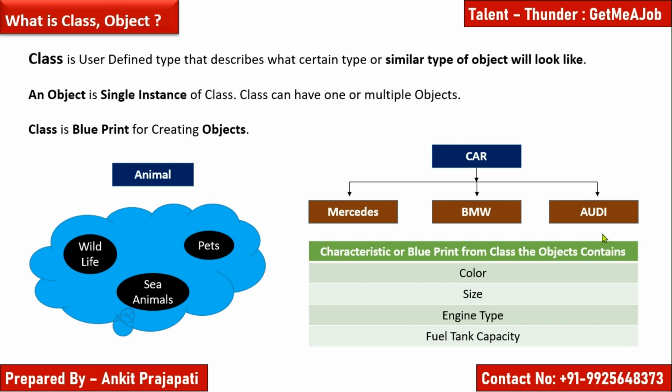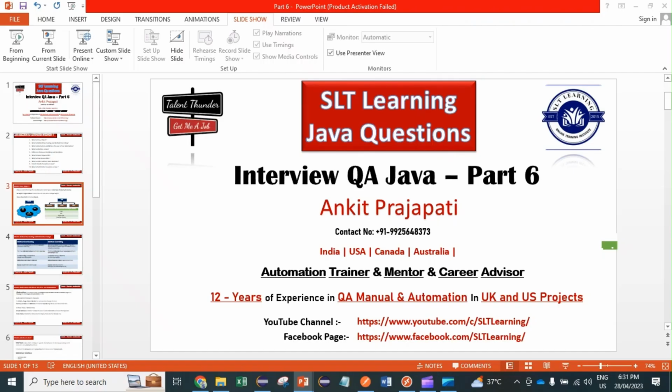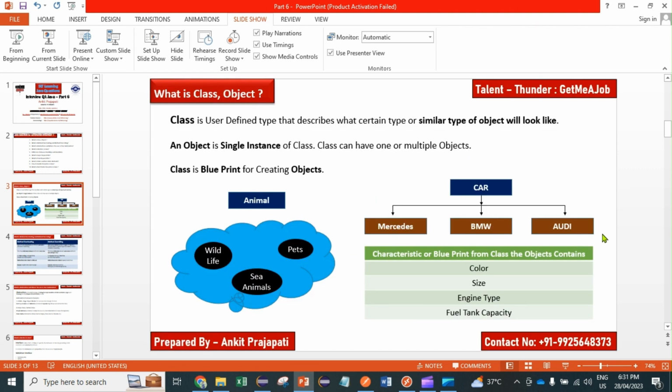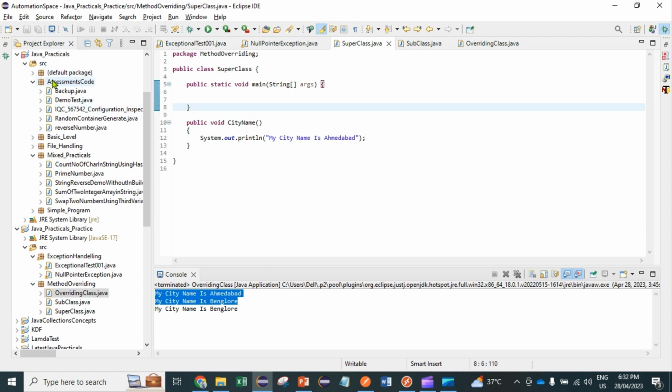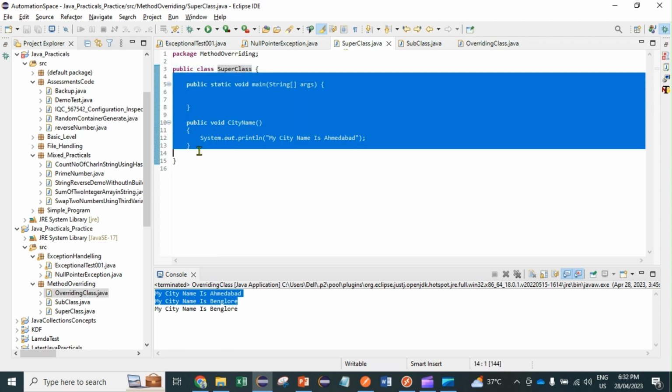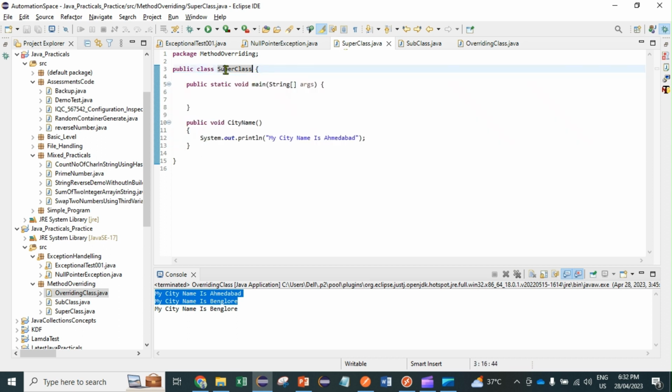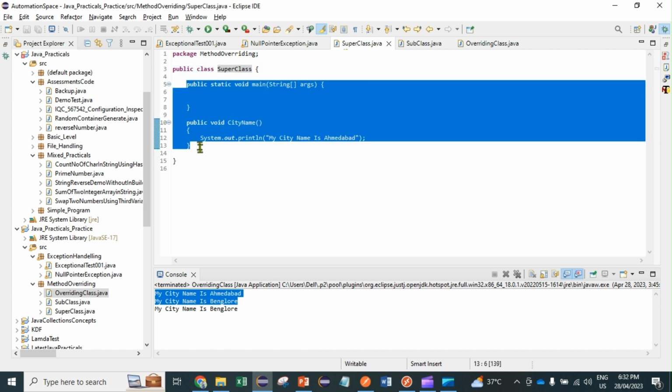I have given a couple of examples on the screen, but in any programming, even in Java or anything, whenever you create any project, the first thing that you need to create is a class. So this is what we can call a class, and a class contains everything: methods and variables and everything. But the first thing that comes when we start programming is a class. Okay, so class is the blueprint of different objects, and it contains different methods and everything, whatever we write in a class.